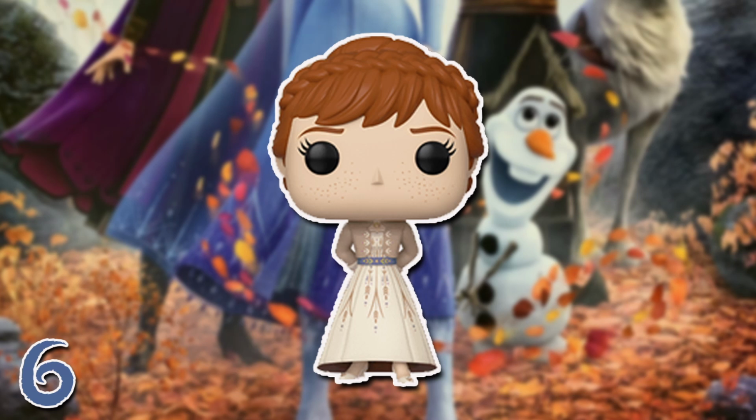Sadly, since it's a Funko Shop exclusive, it may be difficult to get my hands on, but I have a feeling that maybe this one won't be worth too much money, so hopefully if I were to want it, I would be able to pick it up for maybe $15 or so, but at the moment it's not something that I'm really in the market for because it's not one that I feel like I could easily acquire,